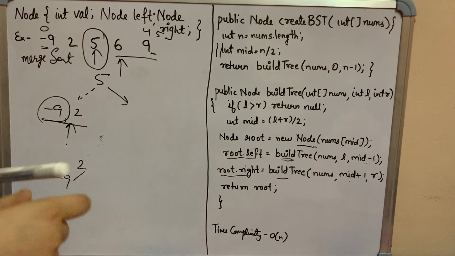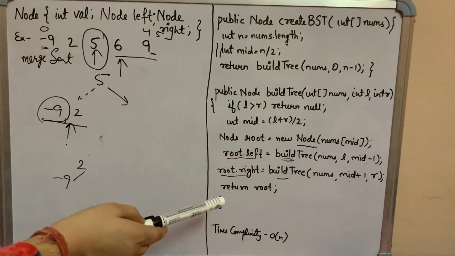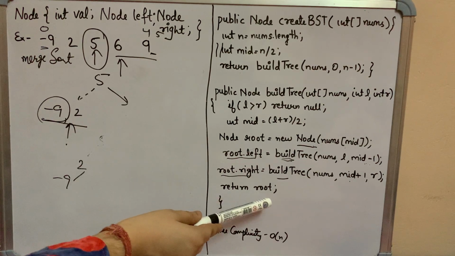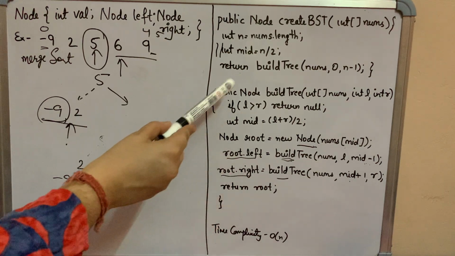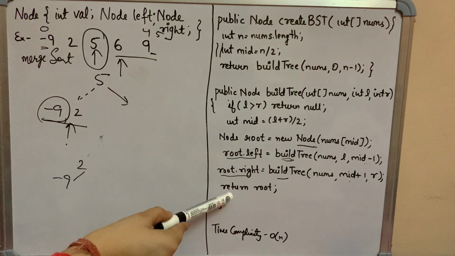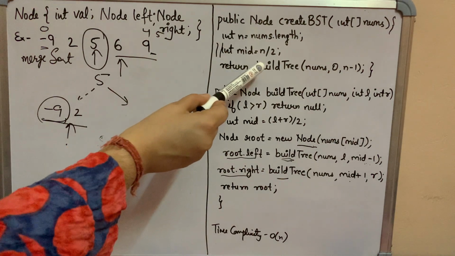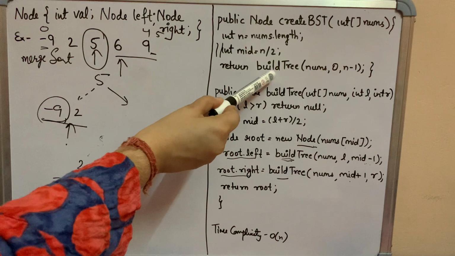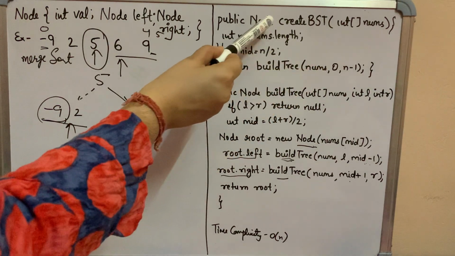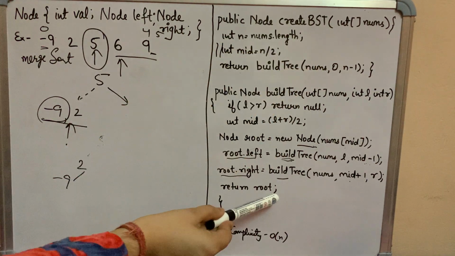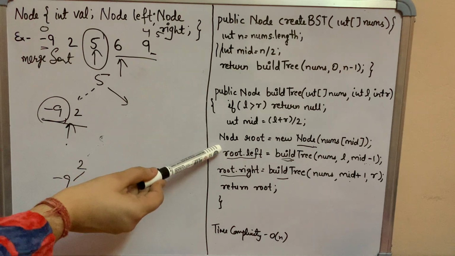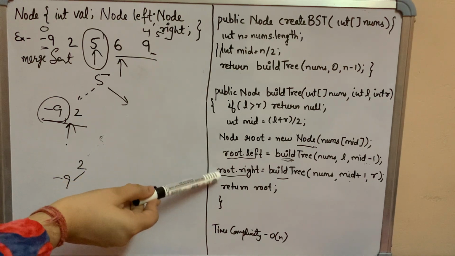If you see at the bottom, I am just sending this return root back. This is the node which you are creating here and you are returning. So when you first call this, you have a return statement here. Whatever the outcome of this, your function will return. That's why whatever you are returning here is getting cached in your left and right node.